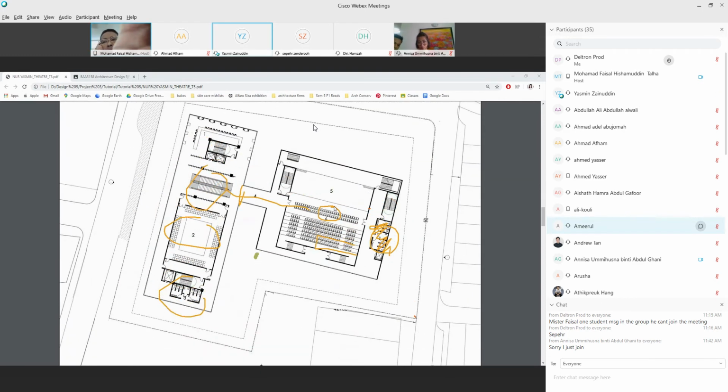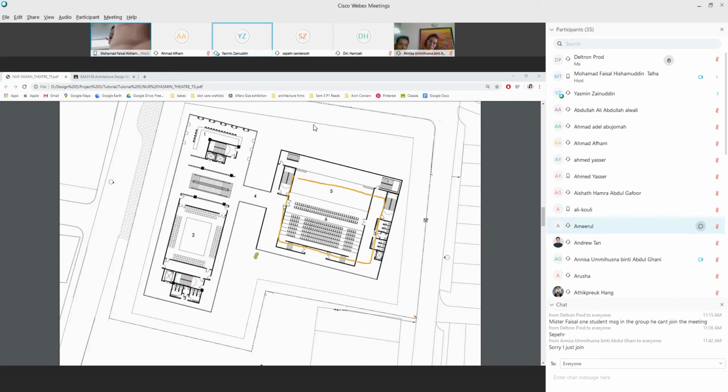This is the theatre. The auditorium. See here. Yeah. Okay. I thought your theatre is like this way.